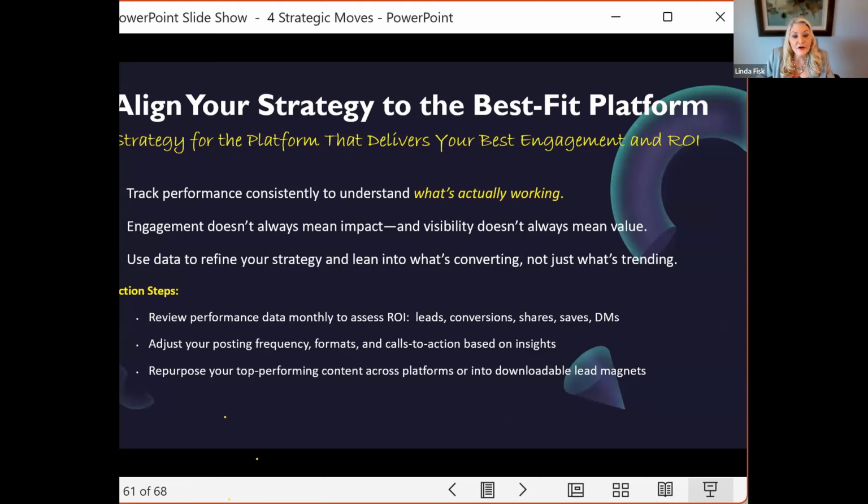Now, we're going to talk about aligning your strategy to the platform that delivers your best engagement. First, I would say, don't chase trends. Remember when,